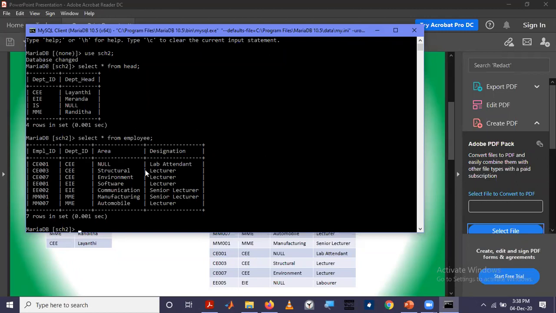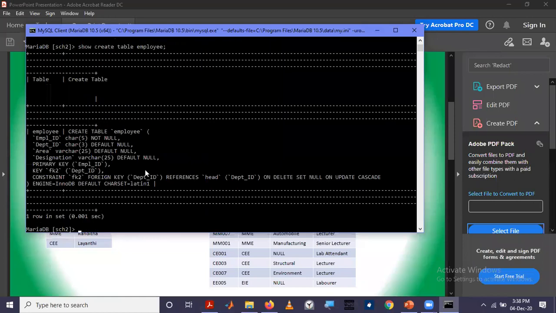If you want to see how the table has been defined, you can use the statement show create table employee, the table name. Then it shows how we created or defined the schema.